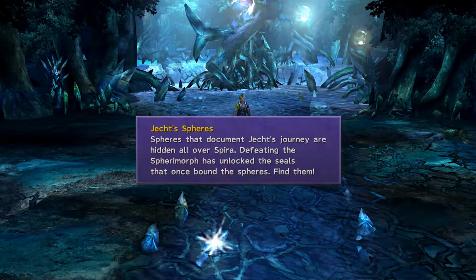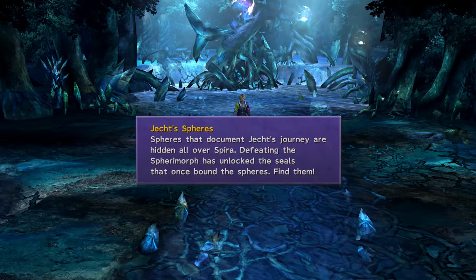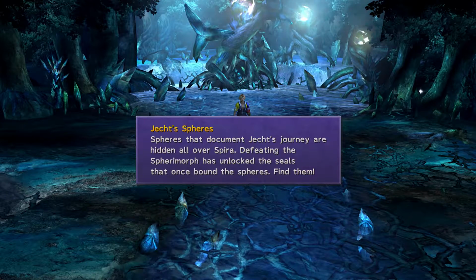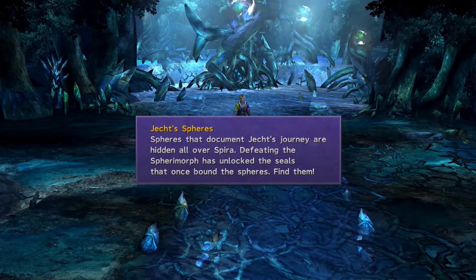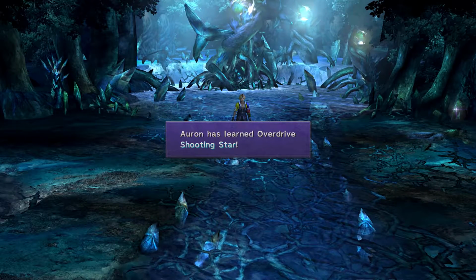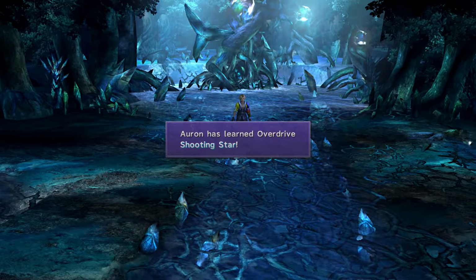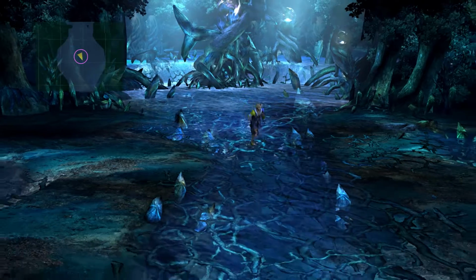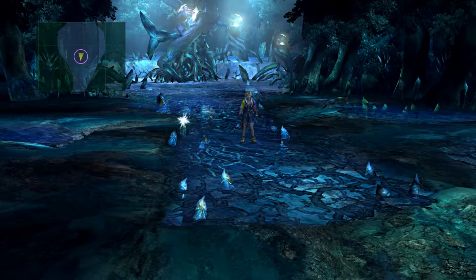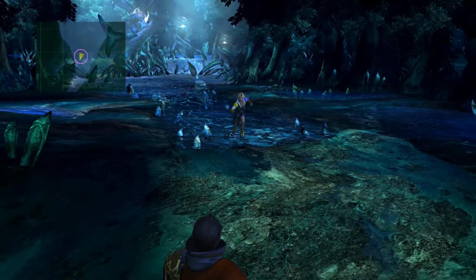Jecht spheres. Spheres that document Jecht's journey are hidden all over Spira. Defeating the Spherimorph has unlocked the seals that once bound them. Find them! And upon getting that Jecht Sphere, Auron also learned the Overdrive Shooting Star. So we now have 10 spheres that we have to find that are Jecht Spheres. And also collecting them also gets...